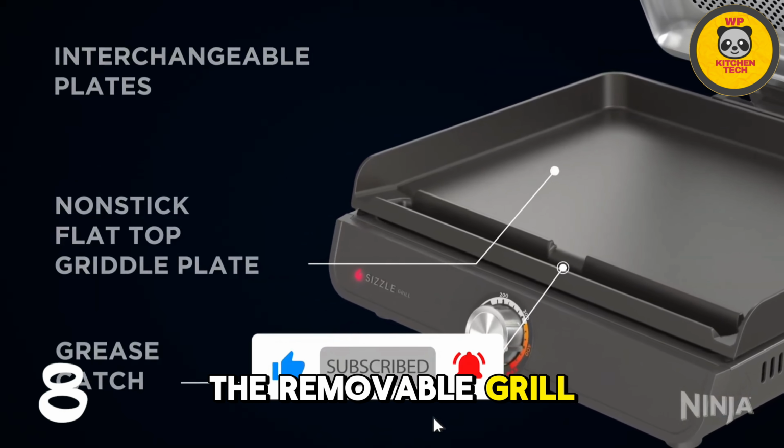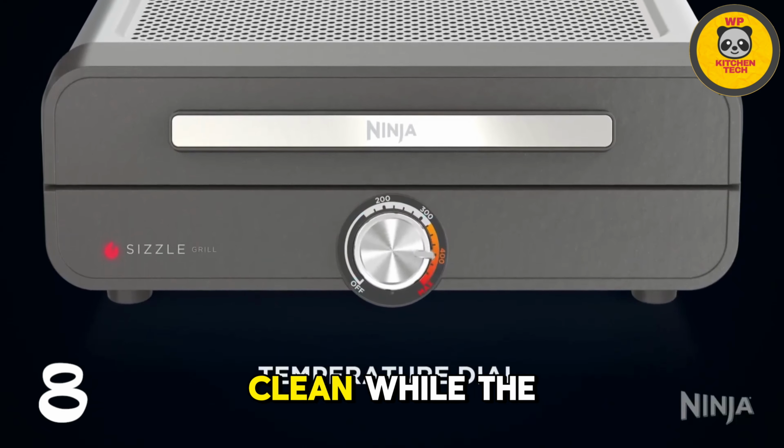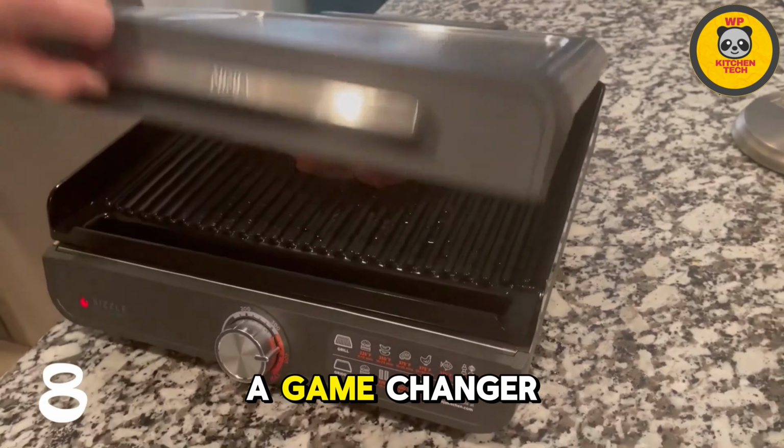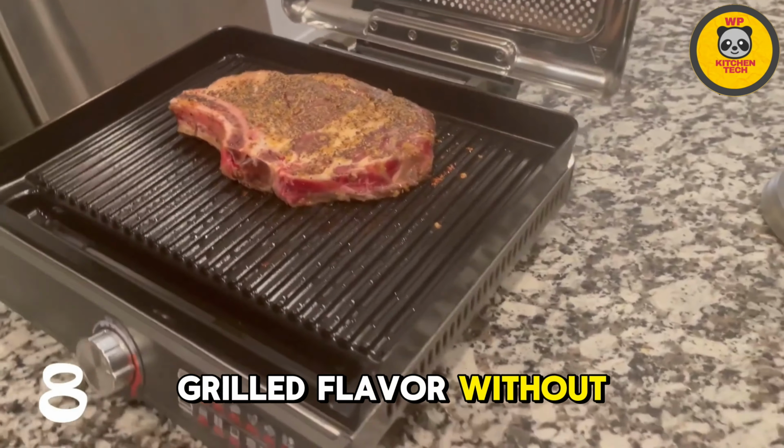The removable grill and grill plate are non-stick and easy to clean, while the perforated mesh lid eliminates smoke and reduces splatter. This grill is a game changer for those who love the char-grilled flavor without the hassle of outdoor